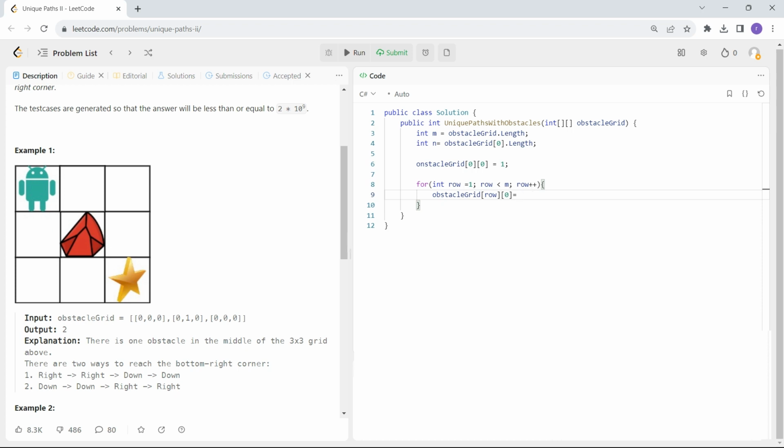Since we are starting with row 1, this would be our first cell. Here, if this current cell is 0 in the original grid, that means there is a space. If this is 1, that means there is an obstacle. So if there is a space, we'll simply put the value which was computed for the cell above it. Obstacle grid row of 0. If this is 0, then